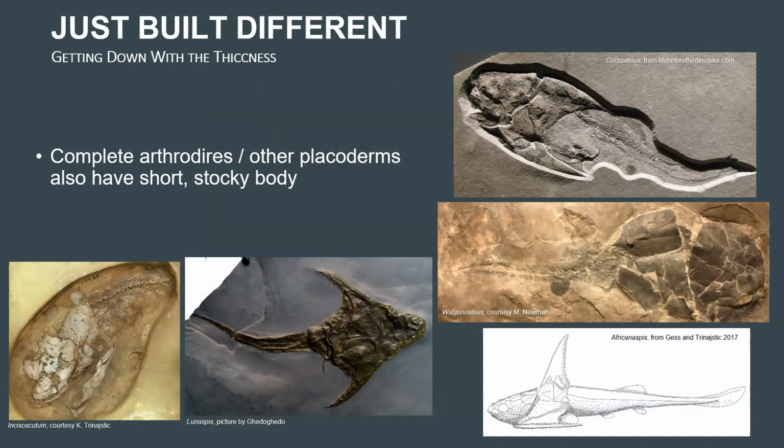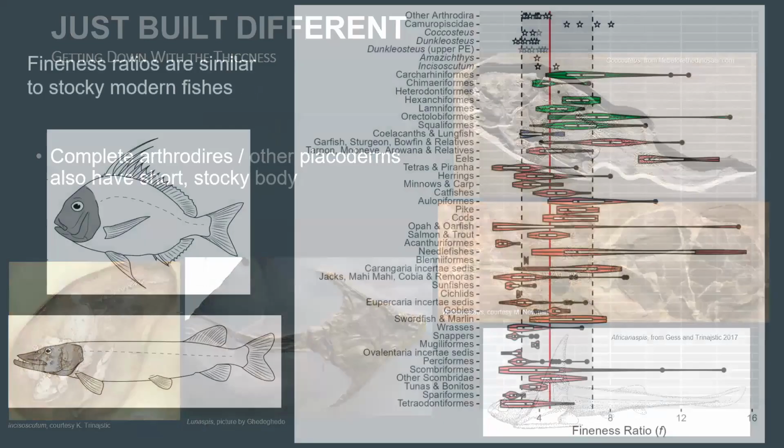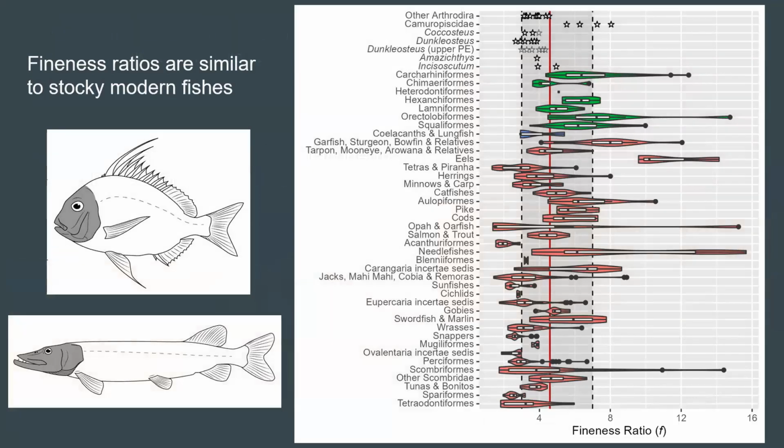There's not much going on behind the end of the ventral shield. You can see this in Cacosteus, Watsonosteus, and Cysoscutum. Even other placoderms that aren't arthrodires, like Naspis, have not much going on past the end of the ventral armor. What's funny, though, is that despite these animals being really stocky, their fineness ratios aren't that much different from modern